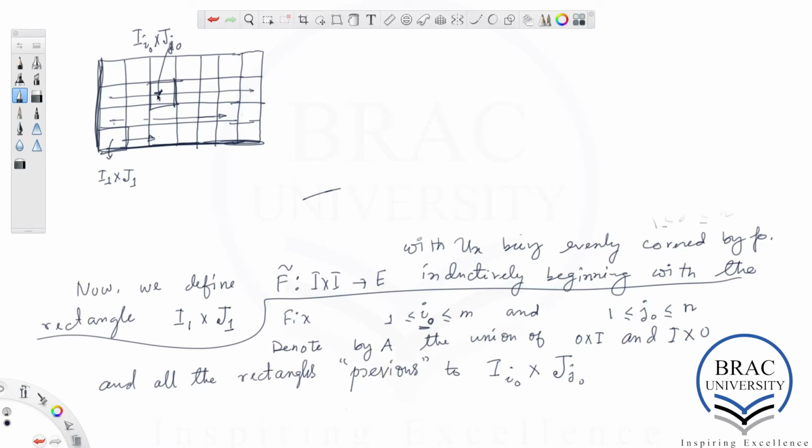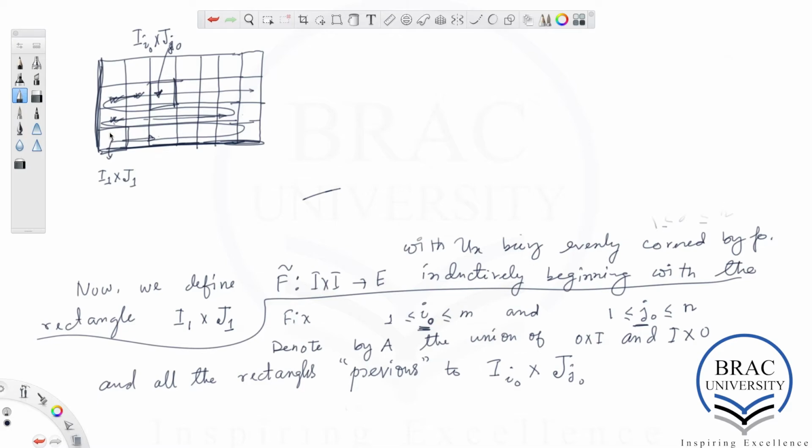Whenever we fix this rectangle for these two positive integers between 1 to m and 1 to n respectively, we choose all the rectangles prior to this rectangle, because we are moving this way, and the collection of all the rectangles prior to this rectangle